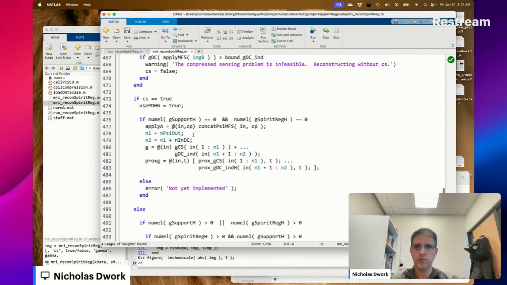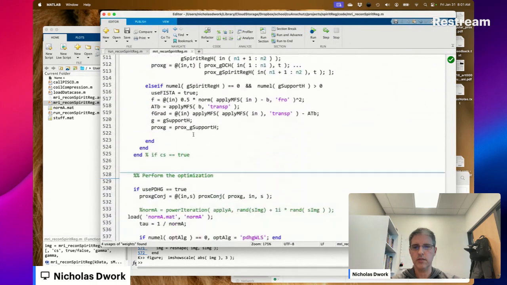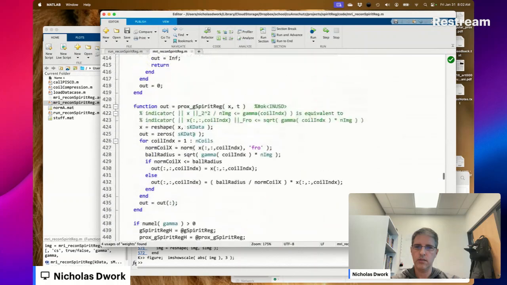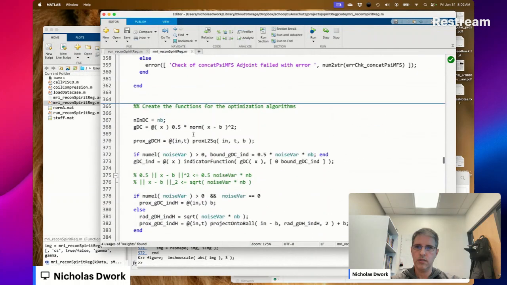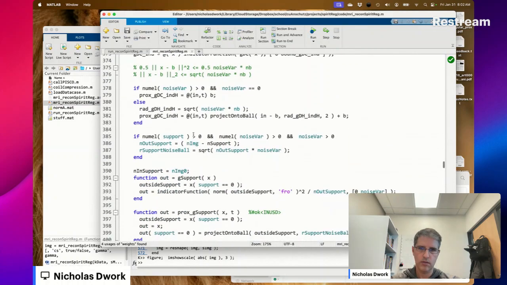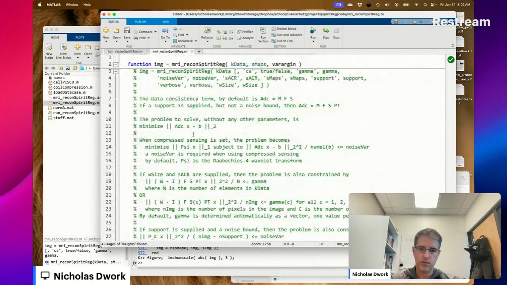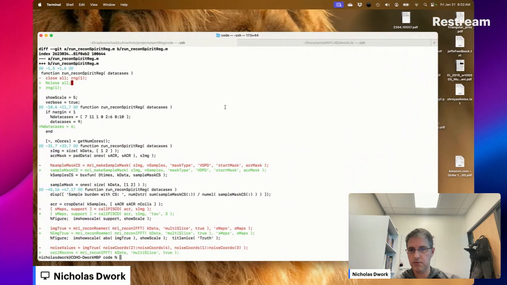Okay. So now with compressed sensing, what I'm suggesting we're going to do is check this in before I mess this up.